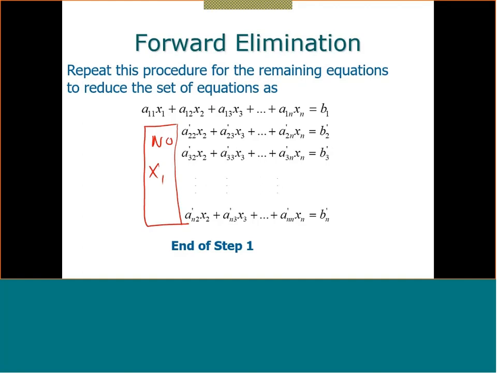Then now I need to get rid of x2. x2 now I want to get rid from the third equation. So I will come here, and these two I will get. So I will multiply this by A32 dash divided by A22 dash, multiply this equation, and then subtract. Then I will get rid of this, and so on and so forth. Okay, so now I get rid of all the x2s,